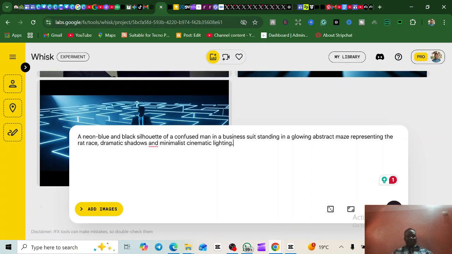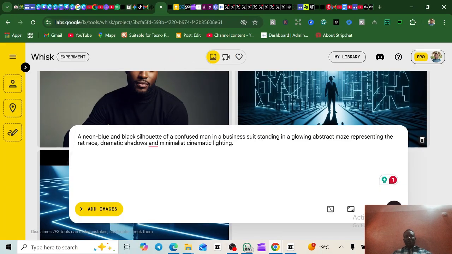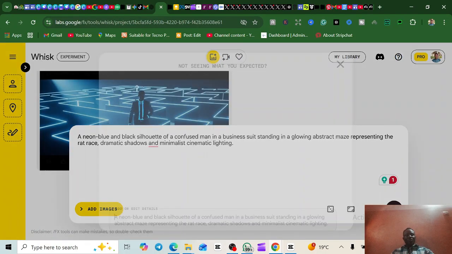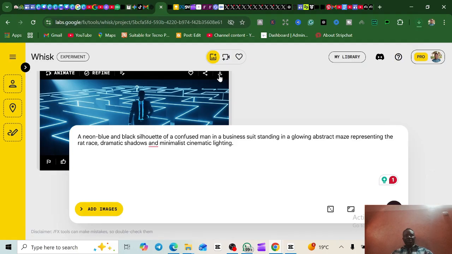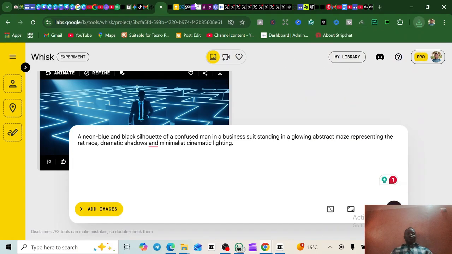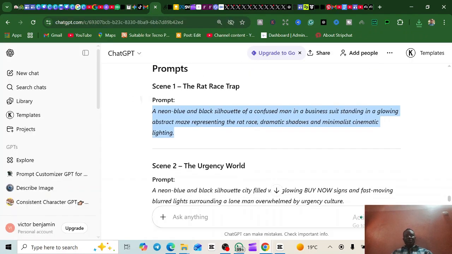So you can see what it generated for us. This is it, and then this also. All you can do right now, I prefer this. All you can do right now is just to download it. Come here and tap on this download icon. Good. So it has downloaded, right? So you're going to repeat the same process to copy the whole script, the whole scene. This is scene one, this is scene two.